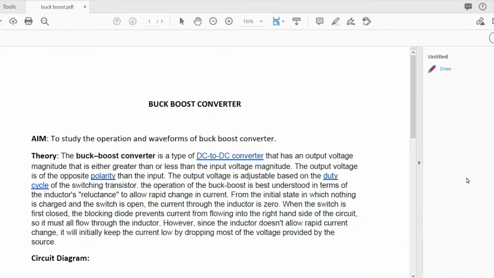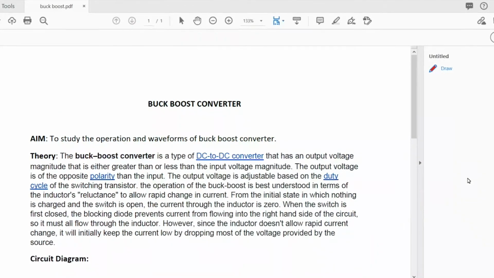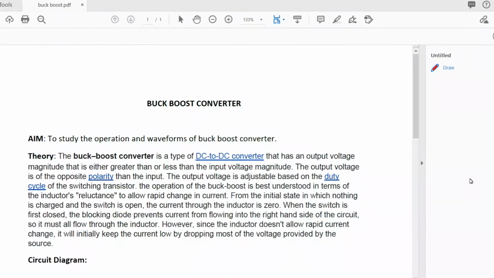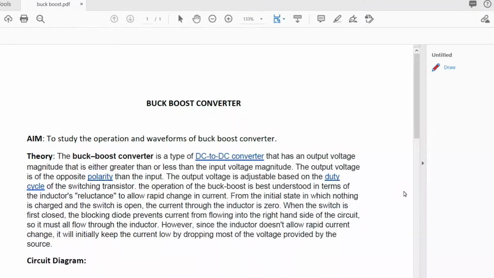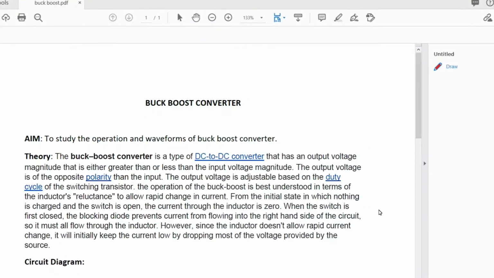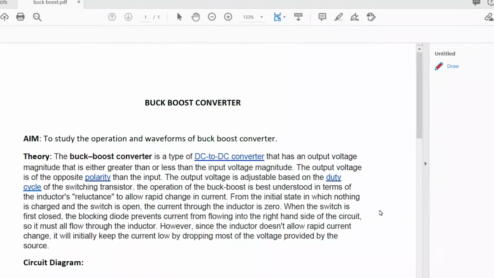Good evening, guys. Today, let's discuss the buck-boost converter. It is a type of DC to DC converter whose output can be greater than or lower than